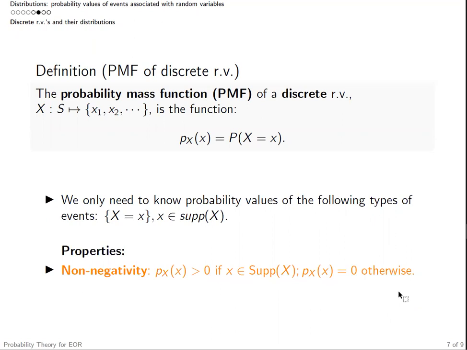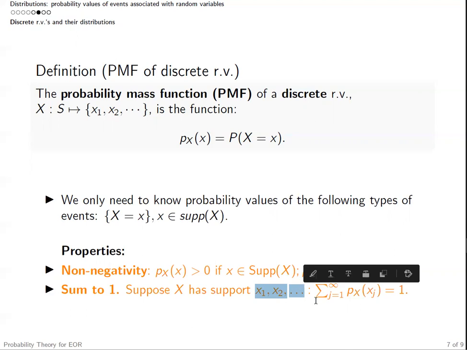And the second property is, you can think about yourself. You can pause the video here and think what kind of properties need to be satisfied by this PMF function. Well, the second one is the summation is going to be equal to 1. Suppose we have support of x equal to x1, x2 and keep going, then if we sum up all the PMF functions evaluated under those values, the summation will be equal to 1,